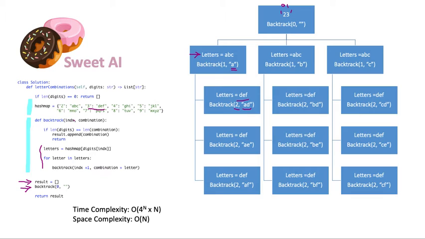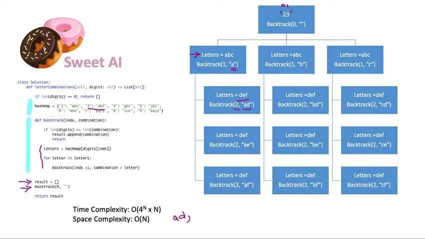We go all the way back again here, and the length of the digits, which is 2, is equal with the length of combination, which is AD. So now we are going to add this AD to result. AD is added to the result, and now we return. And when we return, we are going to